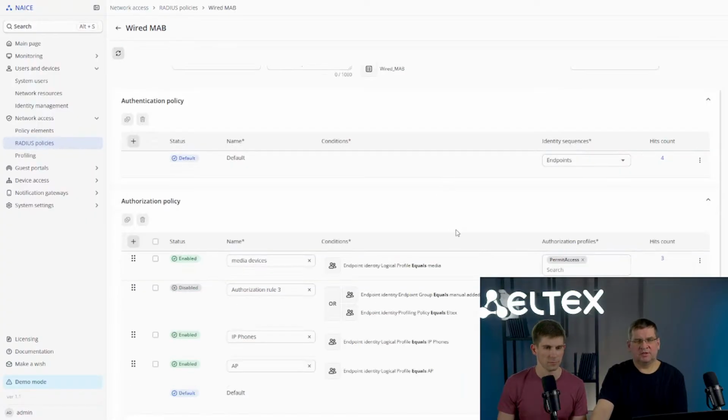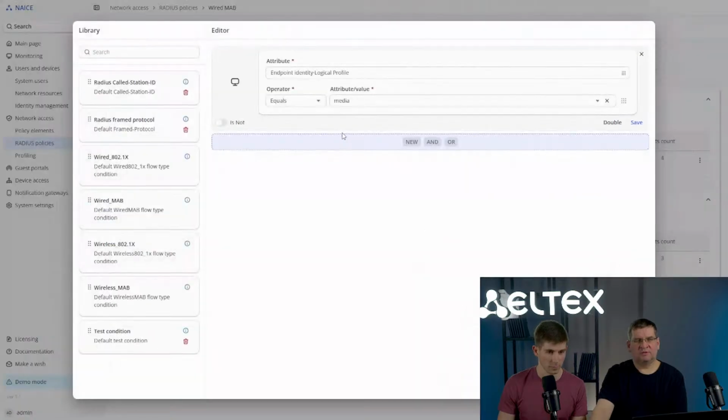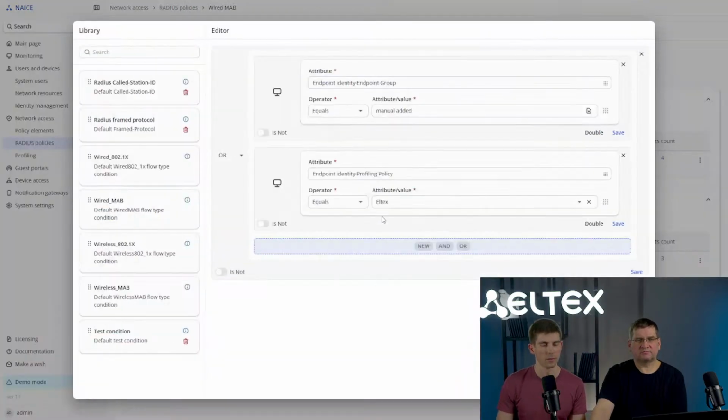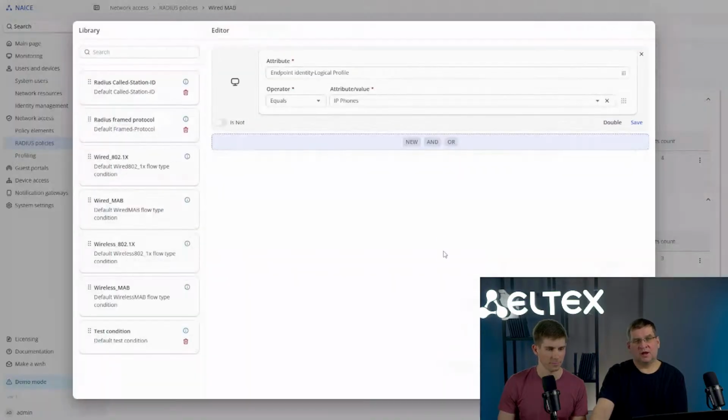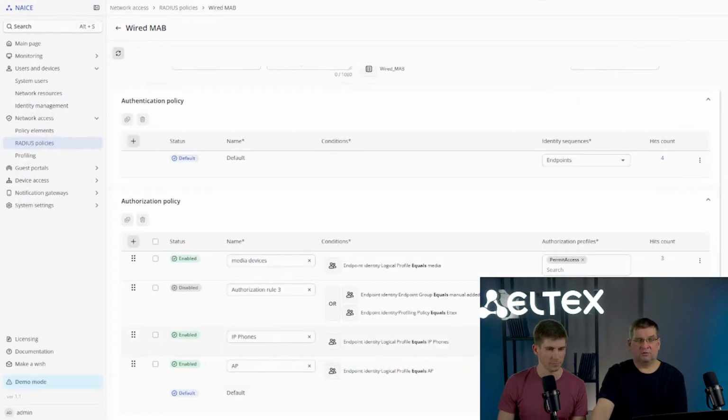For example, here we have different policies for the identity logical profile media, for different endpoint groups, manual edit, Eltex, and for our IP phones logical profile, and put them all in different VLANs and use different